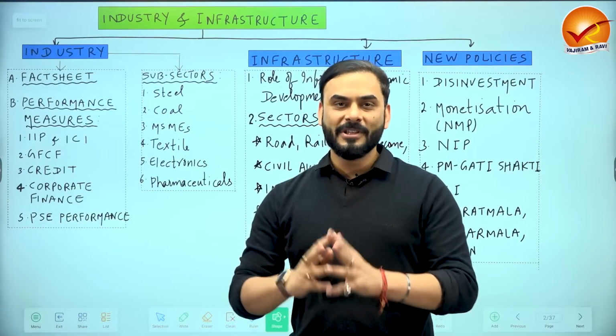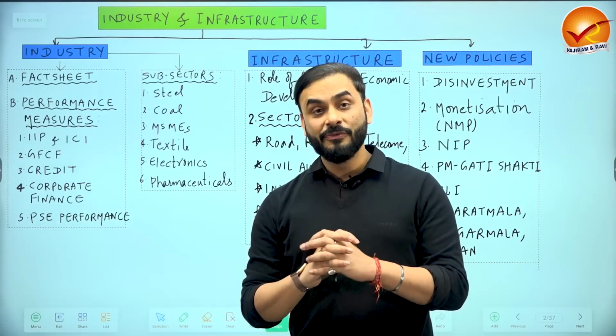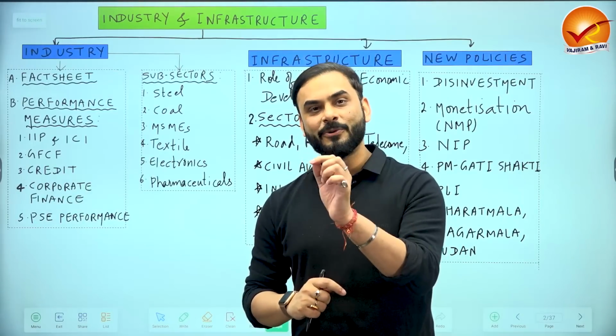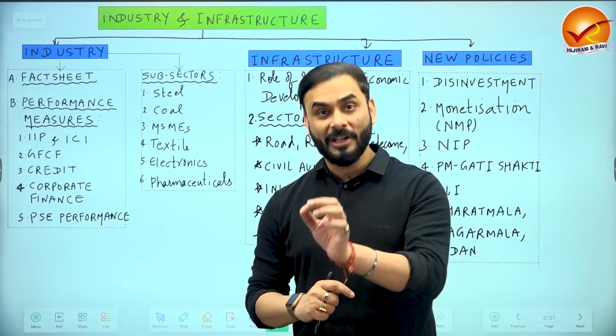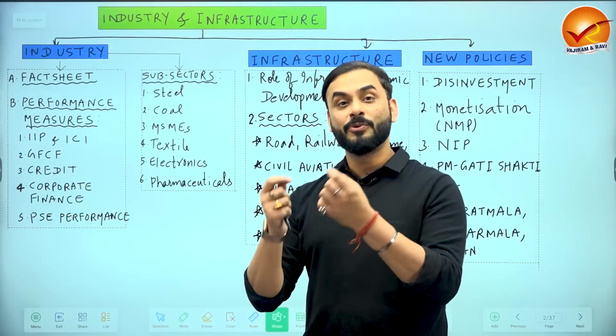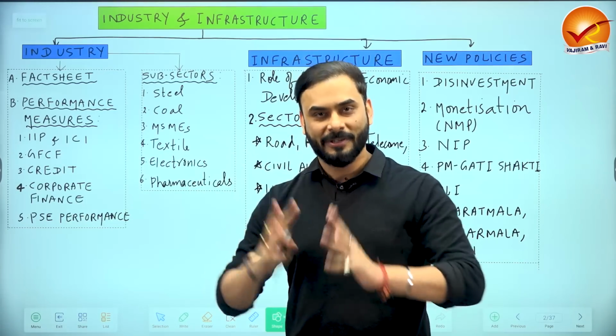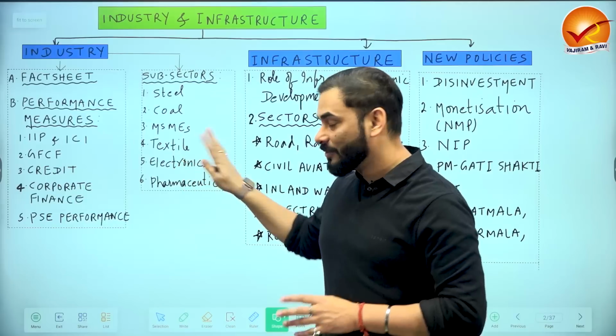But there were problems in the Indian economy because of which we could not realize our dreams. So we are going to examine why India could not become the global hub of electronics and what the government of India is doing today to convert India into a global hub of electronics in future. All right, so that is what we are going to examine here.